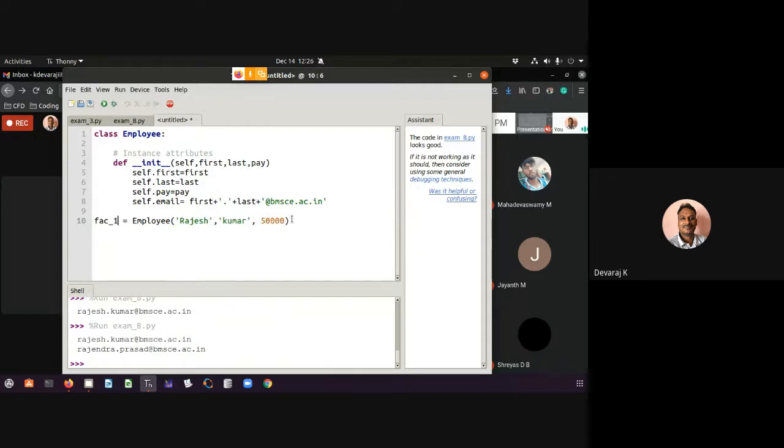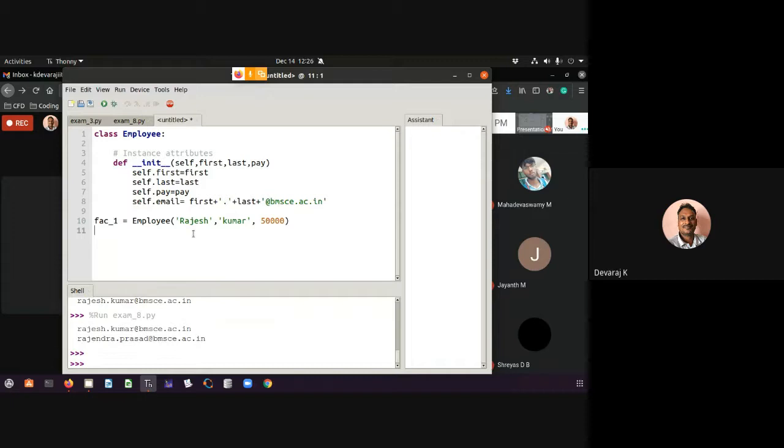Similarly, I can define faculty 2. How to do that? Control C, Control V. I can define faculty 2, which also belongs to the employee class.